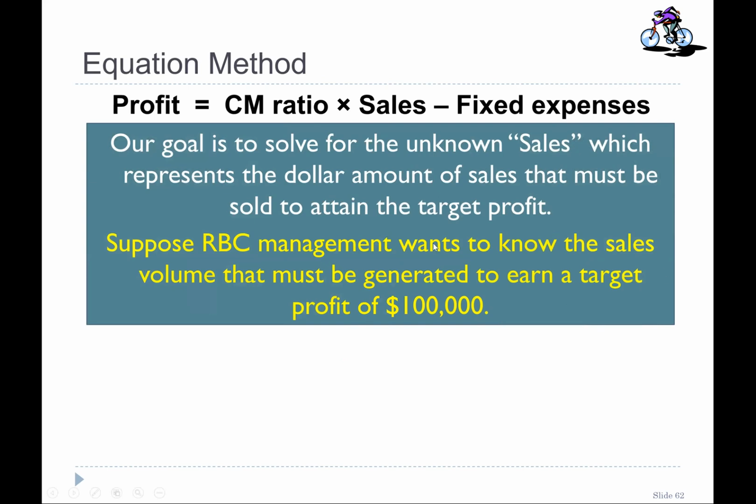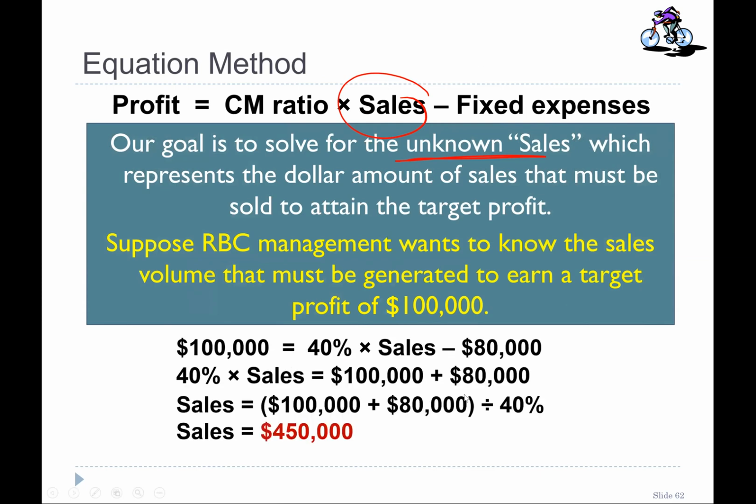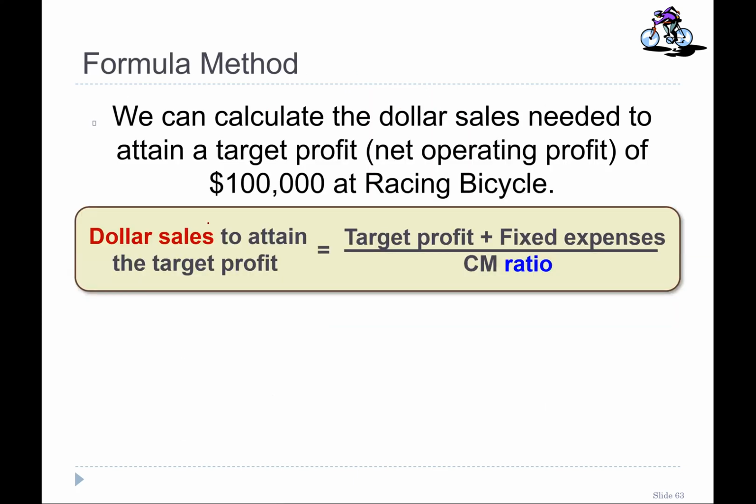Again, I think this is the proof of that one. Our goal is to solve for unknown sales. We want to find out dollar sales rather than going into per unit. So we can rearrange this formula simply. Profit is equal to CM ratio multiplied by sales minus fixed cost, or for the formula method, dollar sales is equal to target profit plus fixed cost divided by CM ratio. That's it. The answer will lead you to